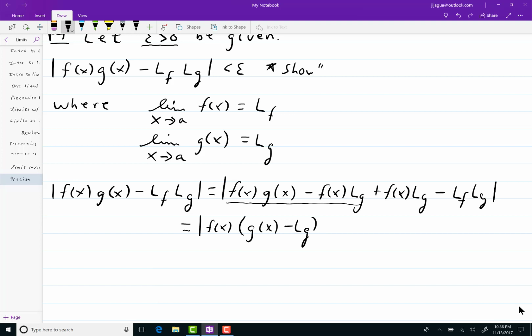And I'm going to do something similar on the other piece. I'm going to factor out an L_g, and I'll be left with f of x minus L_f